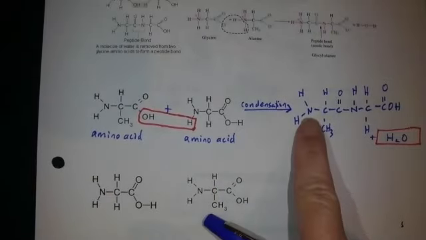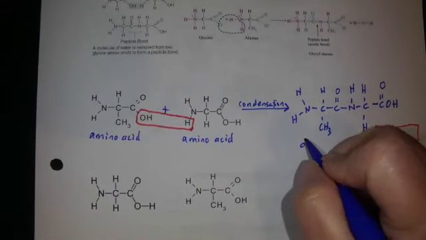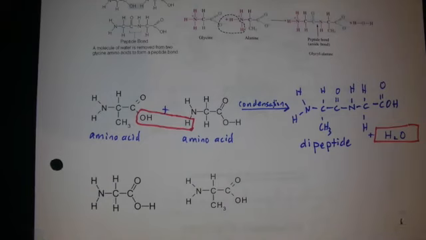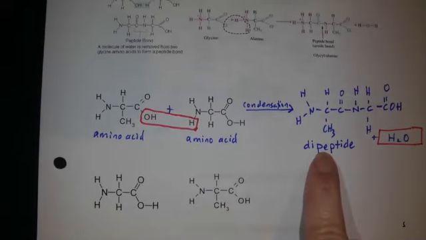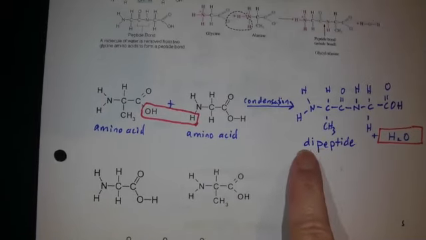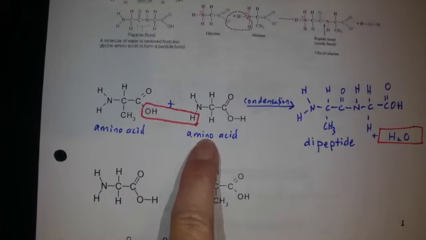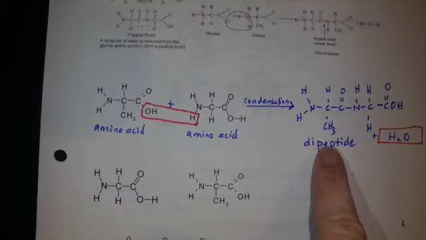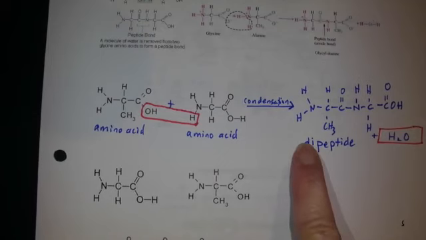Condensation means combine, to get a larger molecule. That larger molecule is called a dipeptide. It's kind of like a diamino acid. So peptide is just another word for amino acid, but you won't ever see diamino acid. You'll just see dipeptide. You might see peptide plus peptide to make a dipeptide or amino acid, but this will be called a dipeptide because it includes 2. We made it from combining 2 amino acids.